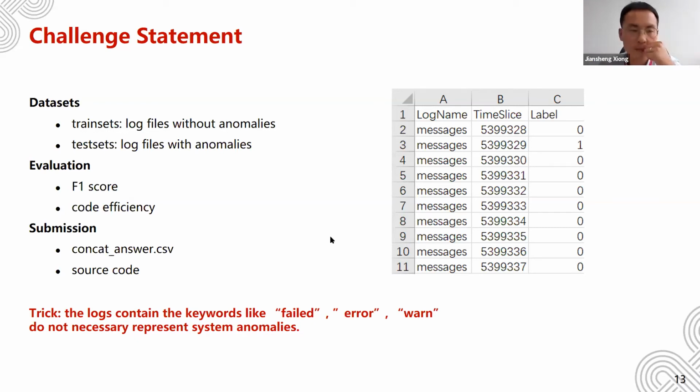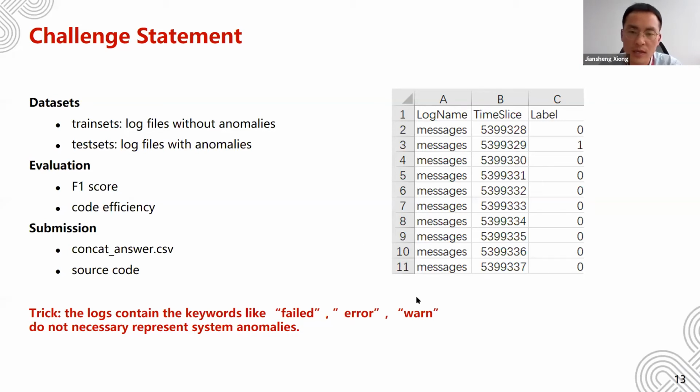Because we developers develop our code, we may add some messages like logs to show what the system status is now.